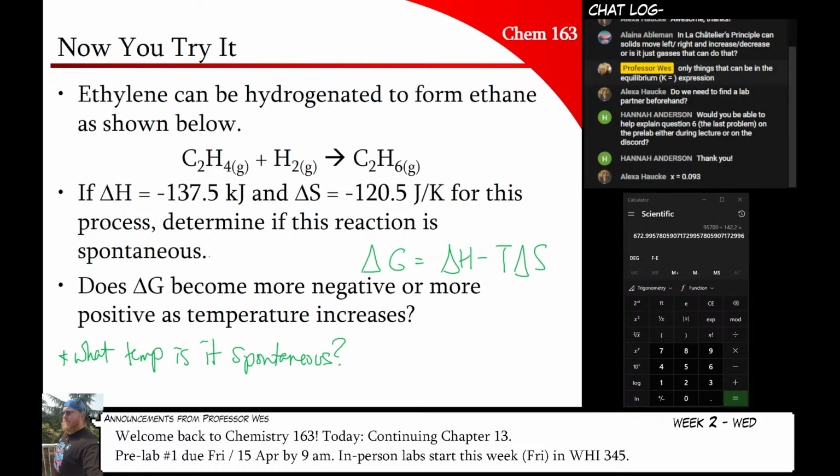Because I just noticed that this problem is incomplete. You can't solve that first problem. You need a temperature. So there you go. So tell me, first of all, with those numbers, is the reaction spontaneous at 25 Celsius? And then what temperature range is it spontaneous? And tell me if delta G increases or decreases as temperature increases. I'll give you 5 or 6 minutes to play around with that. We'll go over the answers, and then I don't think we have that much time left, so we'll see what we can do after.